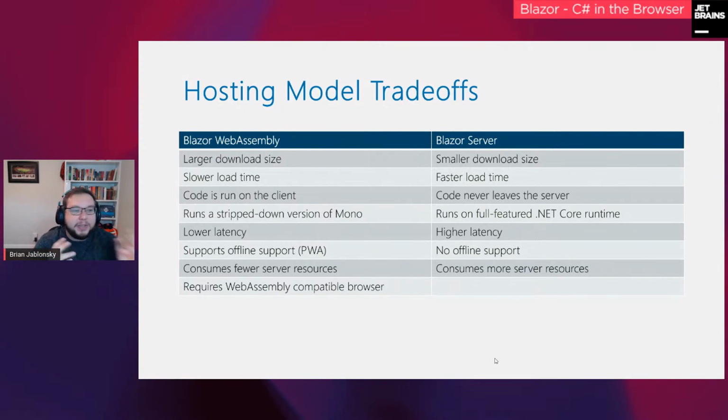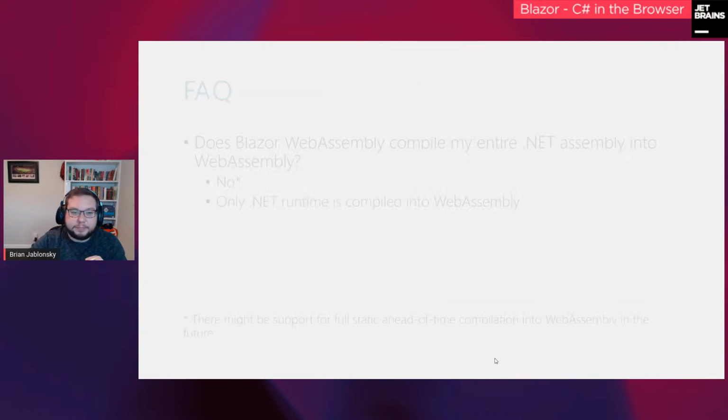But the other thing is WebAssembly requires a WebAssembly compatible browser. You've got to have WebAssembly. Now, most modern browsers support WebAssembly, so that shouldn't be an issue, but you might need to support maybe some older browsers or a certain internet browser that is no longer supported by Microsoft. So be cognizant of that. Blazor Server, again, can load everything up it needs, and all the UI is rendered on the server, so you can actually support some of these older browsers that don't necessarily support WebAssembly.